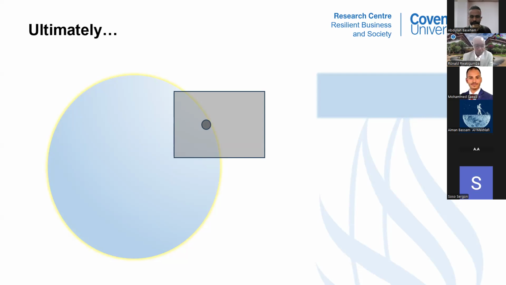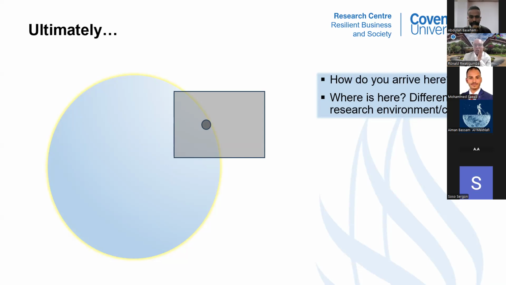So in your field, this is something that is extremely critical. So I found this imagery to be quite powerful. But at the same time, you ask yourself, how do you arrive at this topic? A lot of the times, you have to define where you are. Even if I say that I'm examining government as a businessman, which government am I speaking of? Is it in Asia? So there's always this, the dot keeps getting smaller.